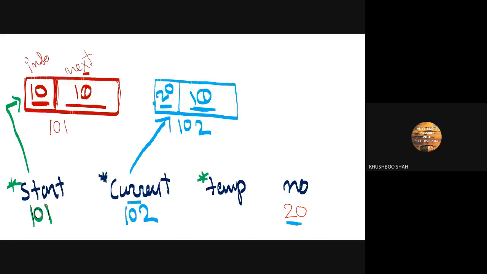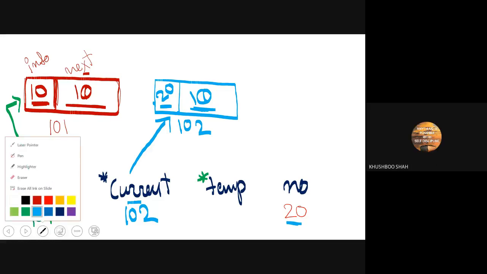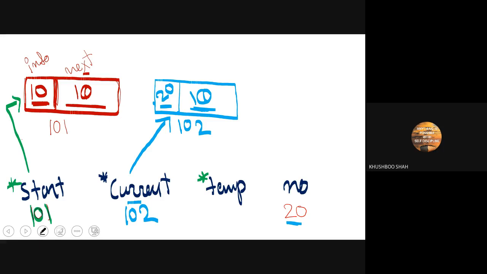What is the value of start? 101. Where are we going to assign it? Temp. So the moment I assign this 101 over here, this temp also points to this node.